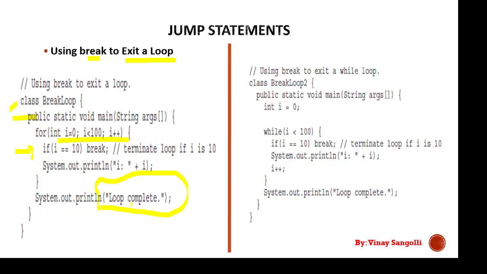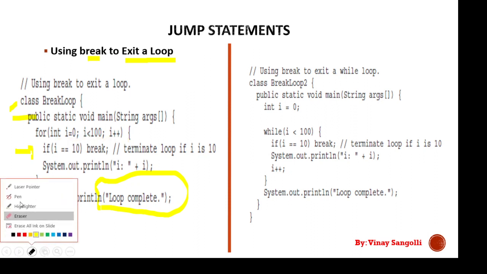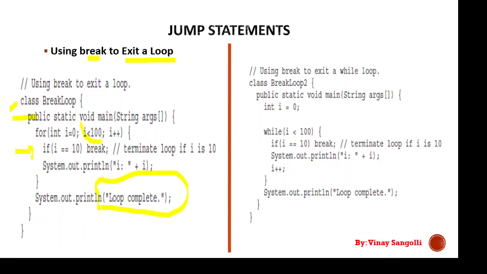Whenever we want such execution, friends, if you can observe here, the control variable limit we have given is 100, but the loop is getting completed only after 10 values. Why? Because we have put a statement that if the loop value becomes 10, then you exit the loop. So whenever we want such execution, we will be using our break statements.